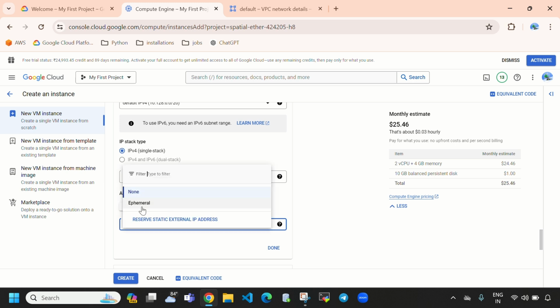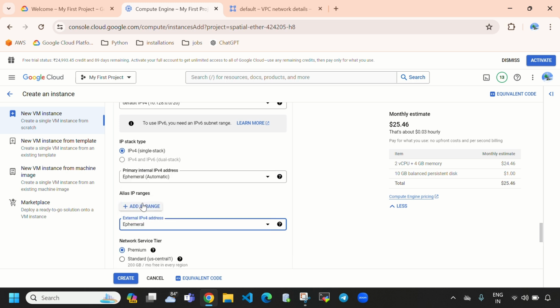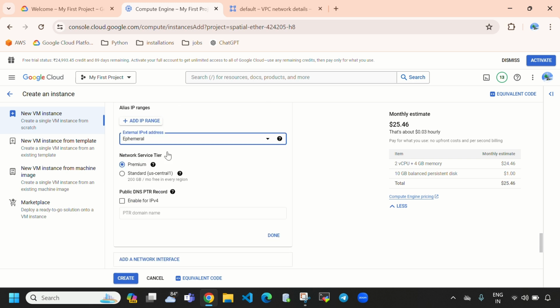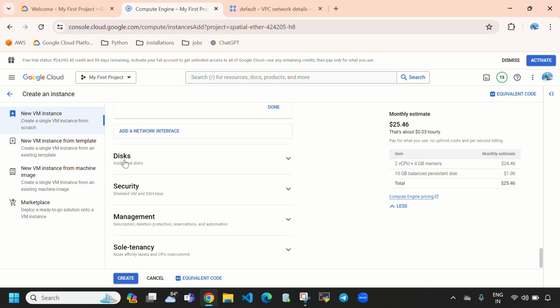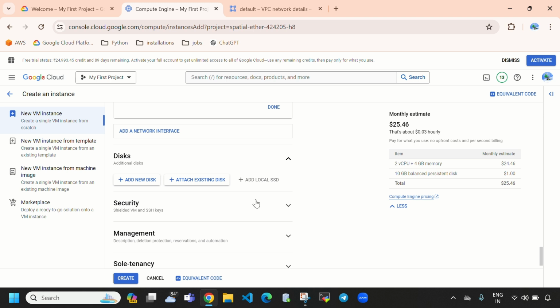So here I'm going to select ephemeral, so an external IP address will be allocated for this virtual machine. After that, I'm going with the premium. So here you can see the second is disk. So when I drop down this,